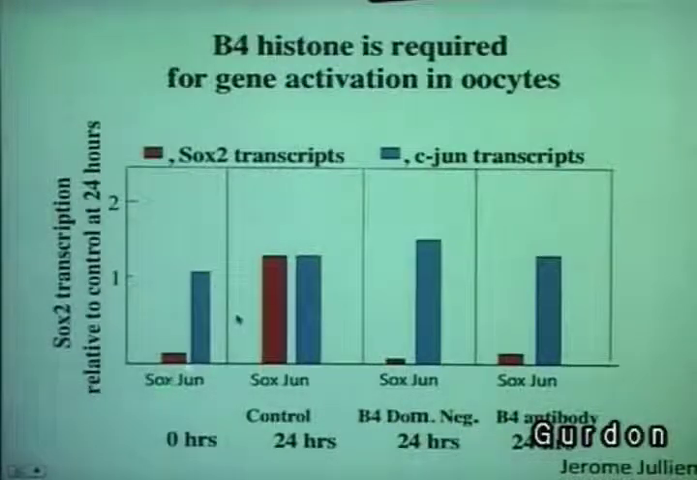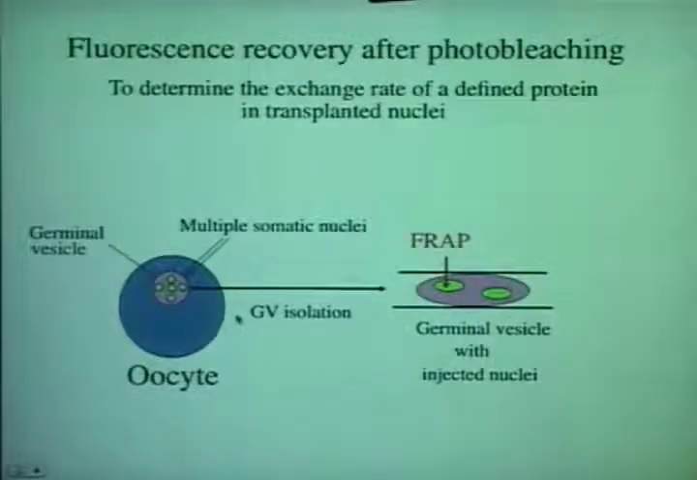And you can see that with the control of C-Jun, which remains more or less constant, here is the normal switching of upregulation of the pluripotency gene SOX in a day, and that upregulation is essentially eliminated by the B4 dominant negative or the antibody, arguing then that this is a necessary step for this reprogramming. In support of that is the fact that FRAP experiments show